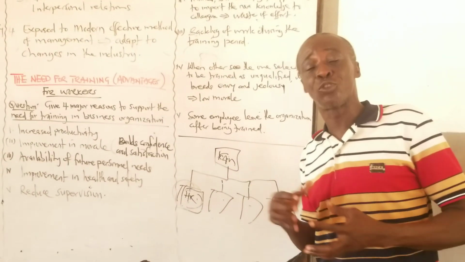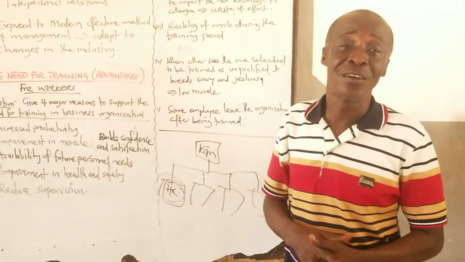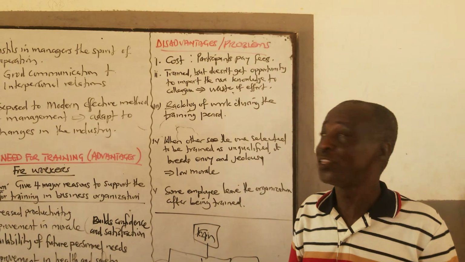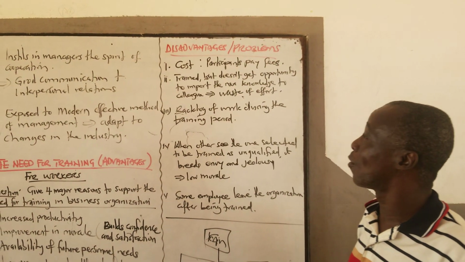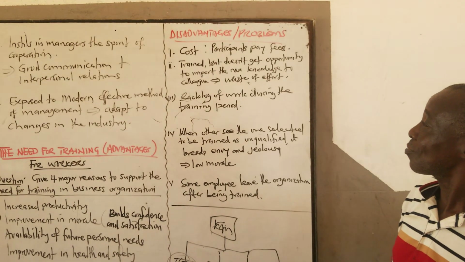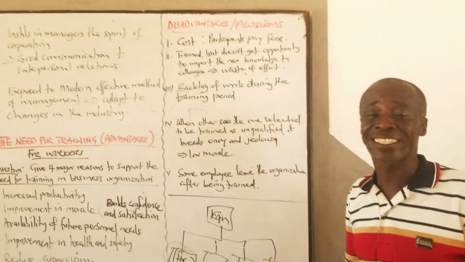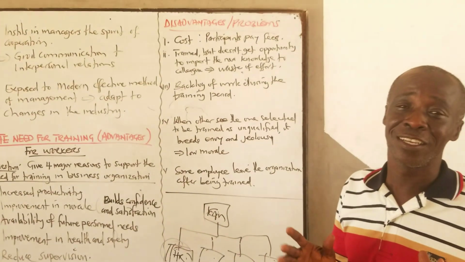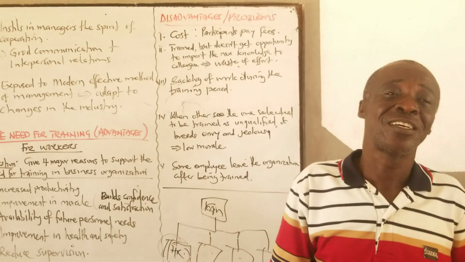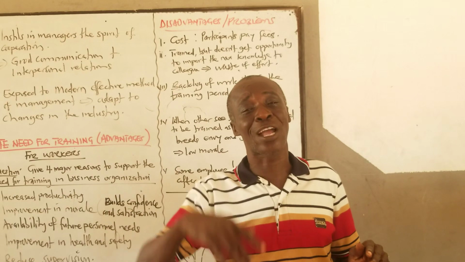If you come to UCC for a sandwich program, or you go to GIMPA for executive programs or what have you, you pay. So that is the cost involved. The next one is that they train. Some people may be trained through supervisory training. Now remember that in such trainings, you are trained so that you can also train others.